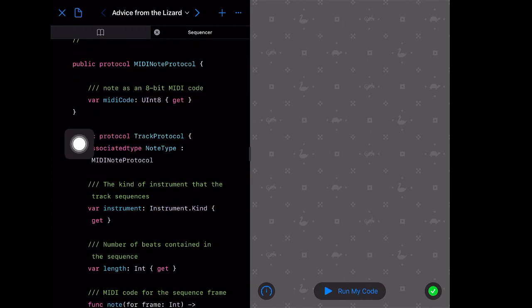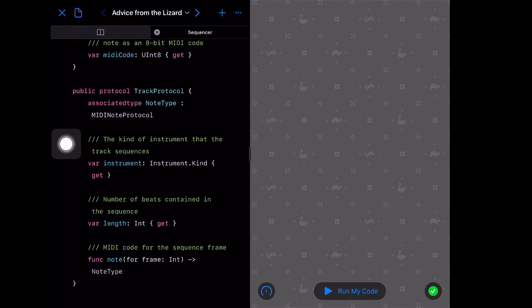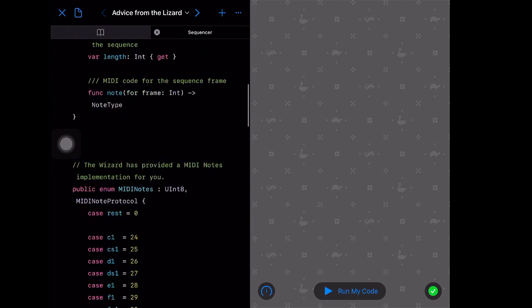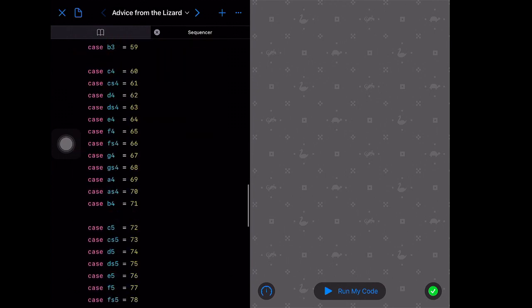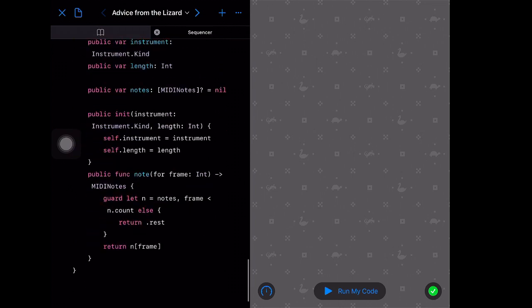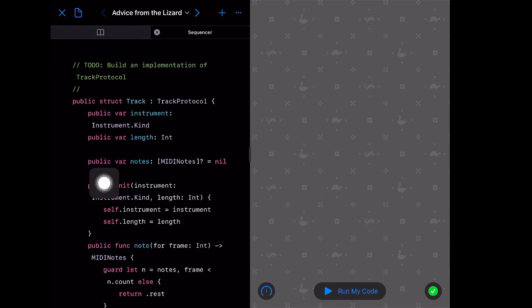I don't know enough about MIDI, which is a music format, to give you a whole lot more information on this. But the video is well worth watching, and the guys go through a lot of this code really well. So most of this has been written for us. In fact, I think all of this has been written for us, except for this part here,